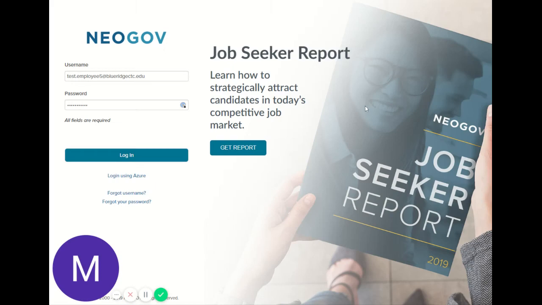This training is for entering goals into the new NEOGOV Perform application. If you are a new user, you will get an email from NEOGOV with your login information. If you already have a NEOGOV account for the Online Hiring Center, or OHC, your login information remains the same. New users will want to click the link in the email that is sent to them, and it will bring